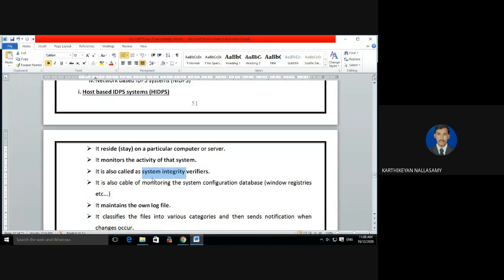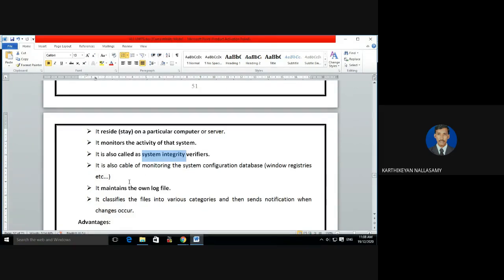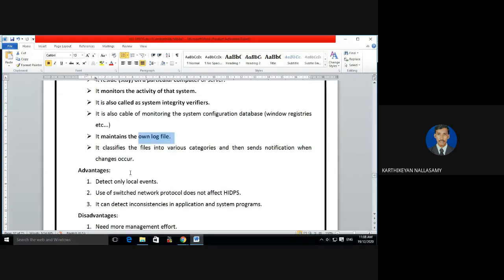We are going to verify your system integrity, so that only authorized persons are allowed to access those resources. In a computer, we are going to monitor all your system configuration databases, and we also need to maintain your old log files. For our camera, it maintains video coverage. Actually, our camera doesn't have any prediction of IDPS, but if we think about a fire alarm,